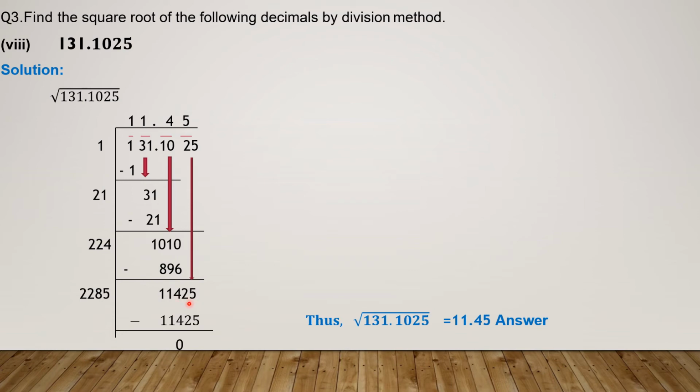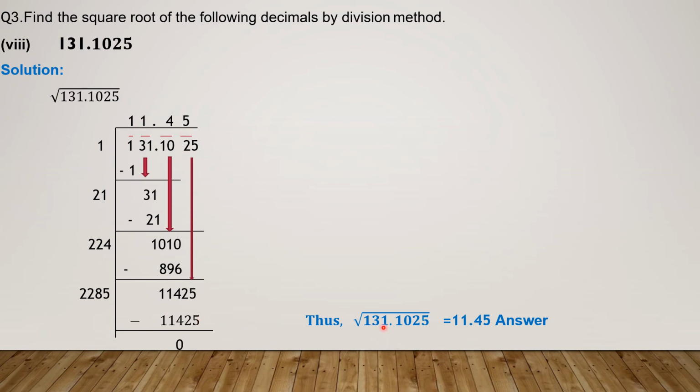For this new dividend you have to make new divisor. What should be added in 224? Yes, in 224 we will add 4. Whatever that is multiplied with 224 is added in it. 224 will be added in 4 and we get 228. With 228 you have to try a number, and that number is 5. You have to write here 5, here 5 also. Multiply 5 with this new divisor, we will get 11,425. Remainder is 0, means our solution is correct, and this is our answer.